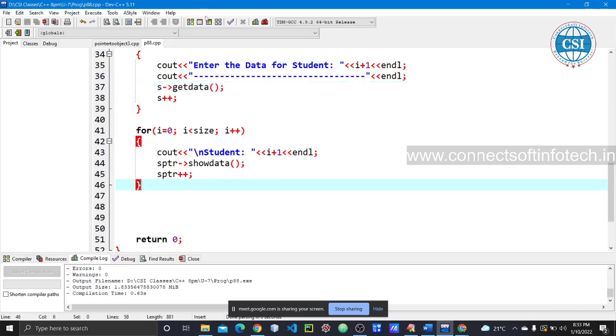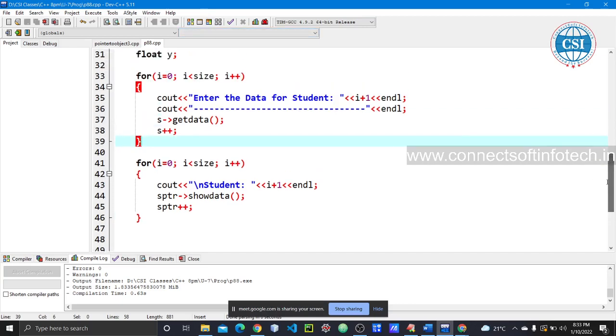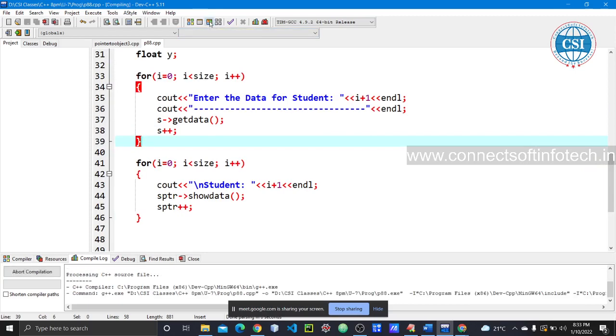Now check once again. Yes, we made some mistake here. Now s is for s plus plus and getting data, and sptr is for showing.